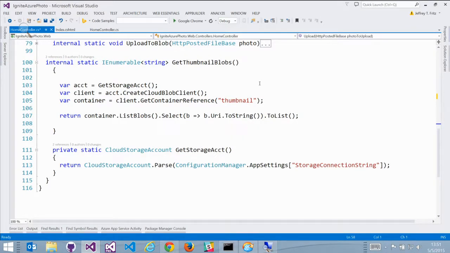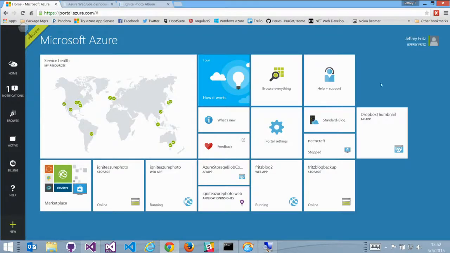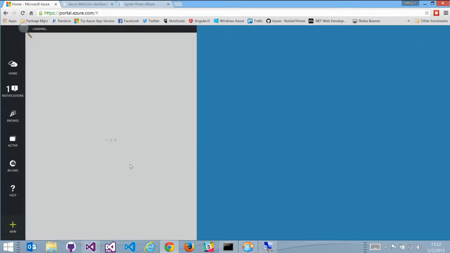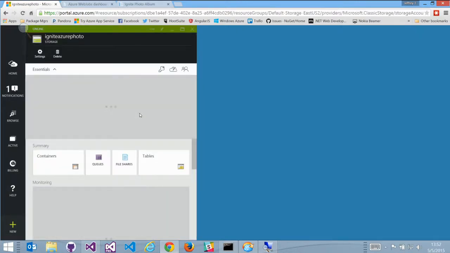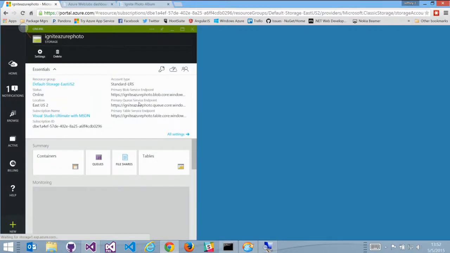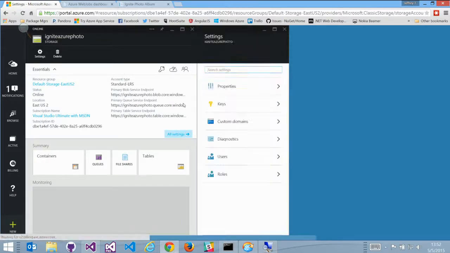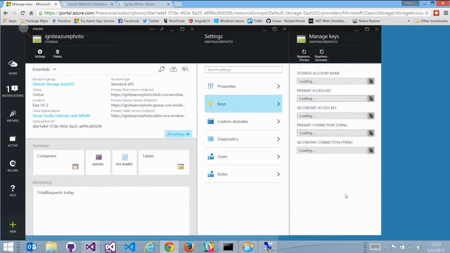So I have a method here that's going to grab my storage connection string. I've already allocated storage on Azure. This is very easy to do through the portal. There's a new button and you say storage and it'll allocate storage for me. There's storage account information hanging out there. Let me show you where that lives. When I'm looking at my storage account here, I can see